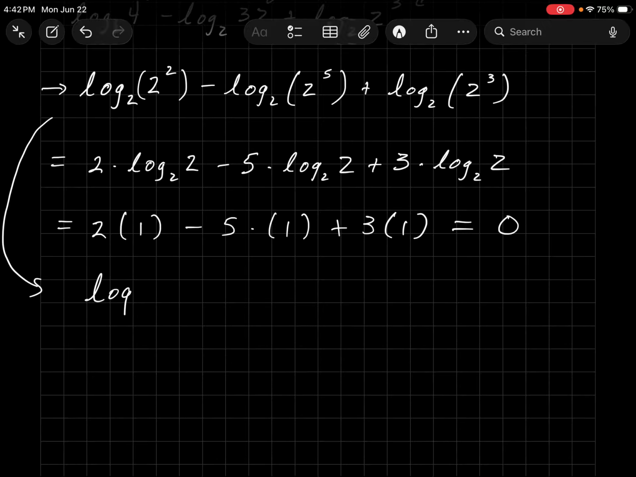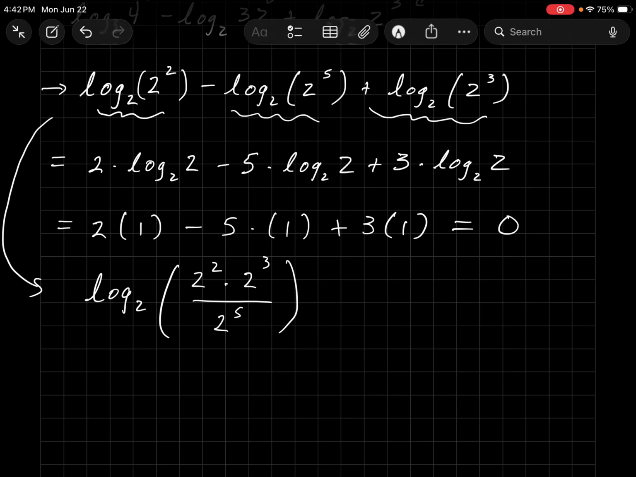Since I have the same base, I could have used my properties of multiplication, division, addition, subtraction to put things together. So the first term is positive, so I would have 2 squared up top. The back part is positive, so I'd have times 2 cubed up top. The middle part is negative, so we would divide by that, which gives us the log base 2 of 2 squared times 2 cubed over 2 to the 5th,